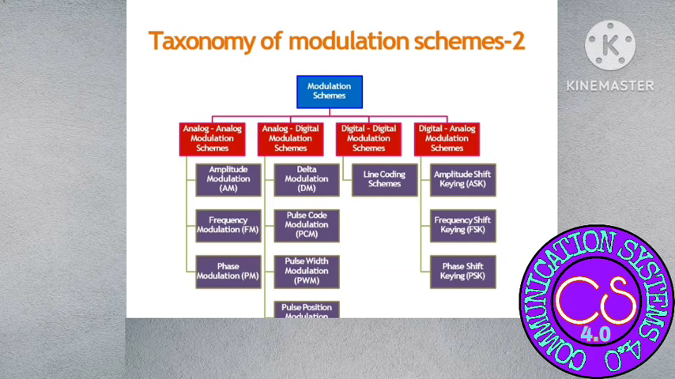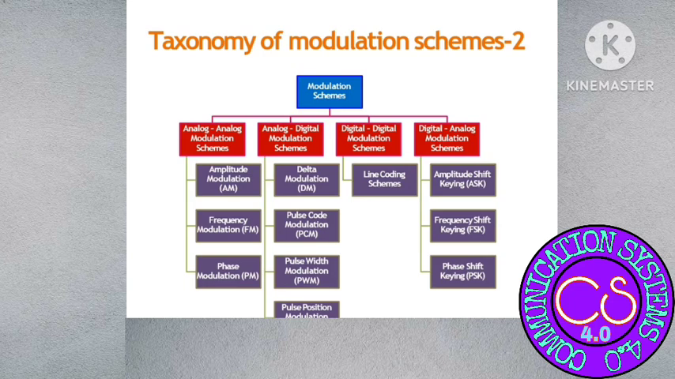Then the third one is the digital to digital modulation scheme, meaning line coding schemes. Then the fourth one is also very important, the digital to analog modulation scheme: amplitude shift key, frequency shift key, phase shift key. In our communication system lab, we have two different modules. One will be based on analog modulation schemes and the other on digital modulation schemes. On one prototype module, we can perform amplitude, frequency, and phase modulation. On the other, the digital modulation technique, we can perform amplitude shift key, frequency shift key,